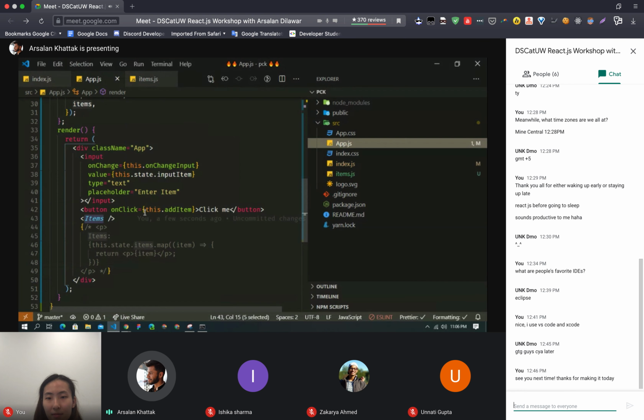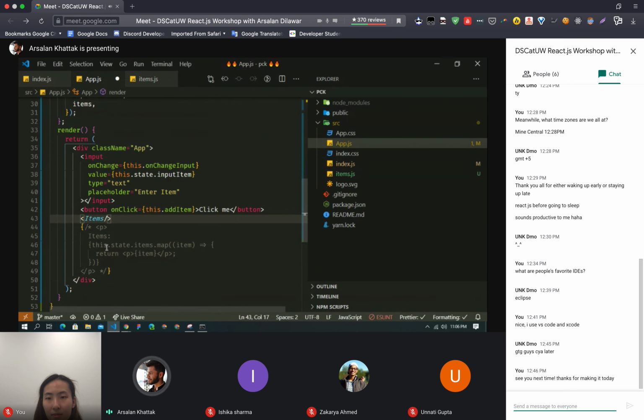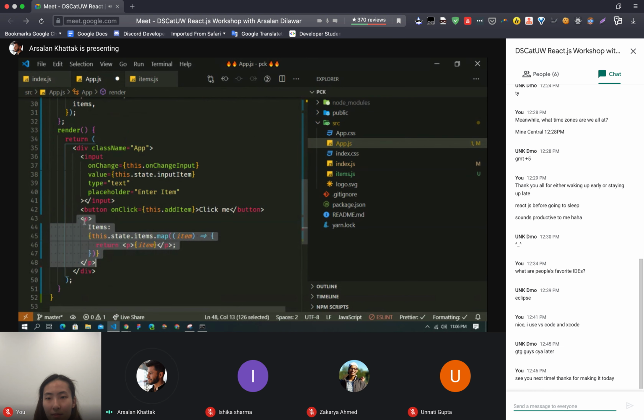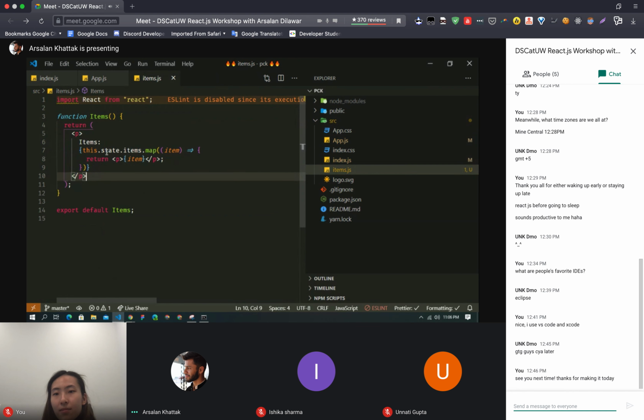Now what I can do is shift this code to the items component. So let's uncomment this code, copy it, and paste it here. Now we have the items, which will be this.state.map, and then each item.